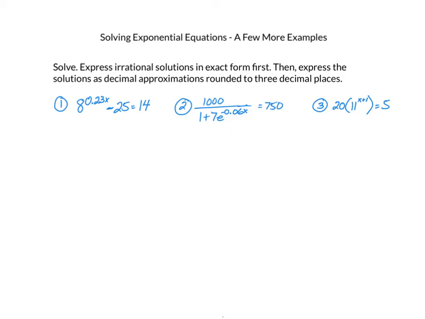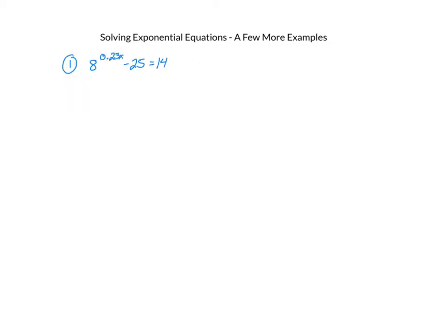So let's start with the first one. So it is 8 to the 0.23x minus 25 equals 14. Notice I didn't write the directions because I wanted to have the whole space for our work. So let's begin. We'll start by adding 25 to both sides so we can get that exponential all by itself on the left-hand side. So when we do that, we would have 8 to the